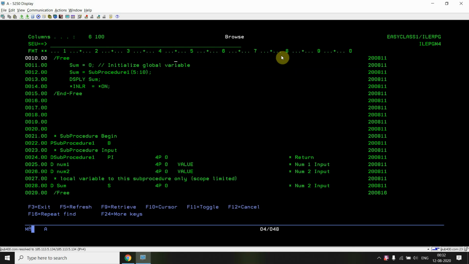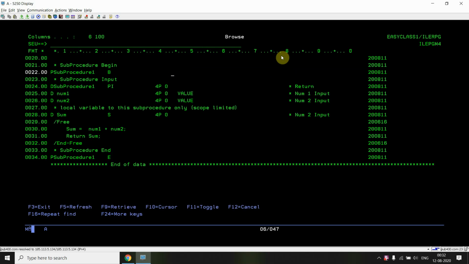Here this is the prototype and this is the procedure body, where the procedure interface is defined inside. The procedure body consists of procedure begin and procedure end. Here we can also write the export keyword, so that we can export this outside this module.